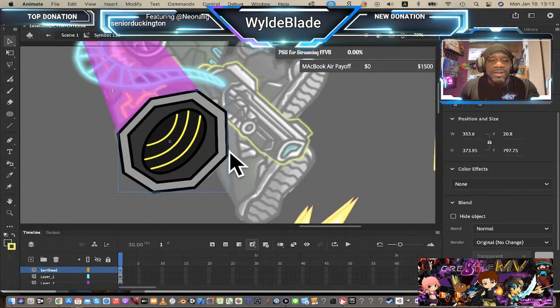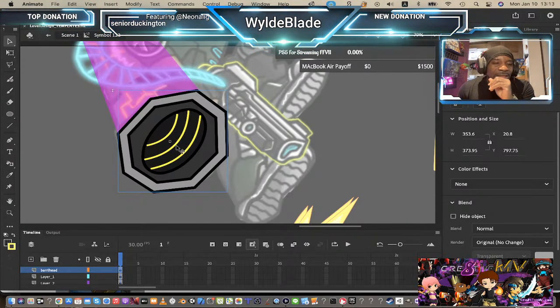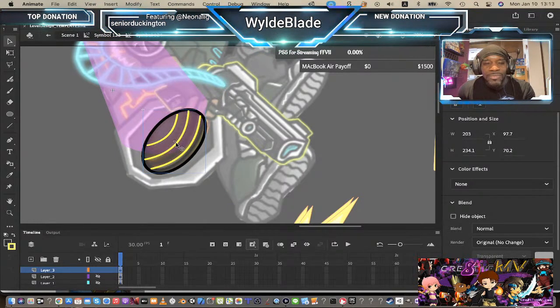Yeah, so this is kind of what it looks like at the moment. But this doesn't really look too interesting. It's like, oh wow, there's some yellow lines inside of a pipe. Yay! So this doesn't look like anything's going to happen. So from here, what I'm going to do is click on this symbol,